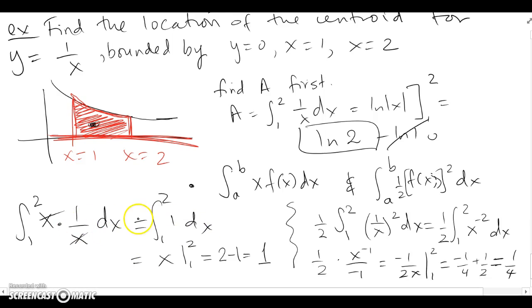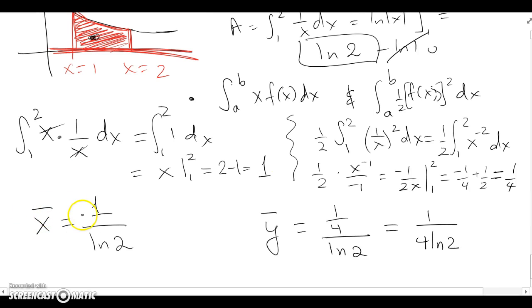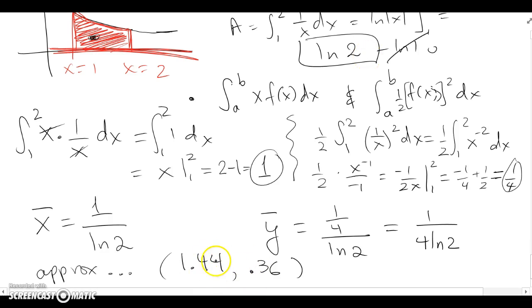You can pause the video here to see what happened. I found the integral of 1 dx, put in the limits, and got 1, and I found the integral of a half f of x squared and got 1/4. So x bar is 1 over the area, which I found before, and y bar is 1/4 over the area, which I found before. Approximating them gives us a visual that our intuition was correct. It's left heavy, bottom